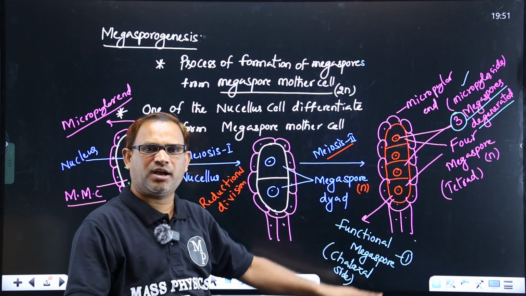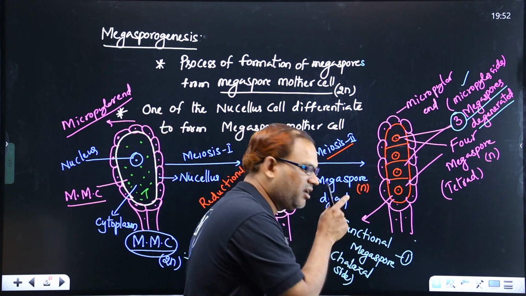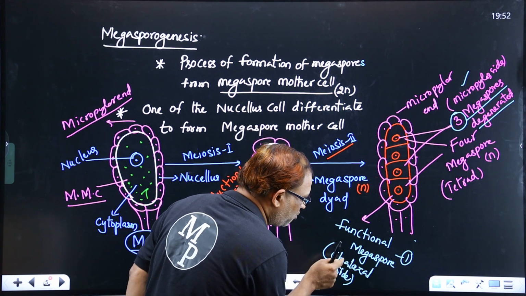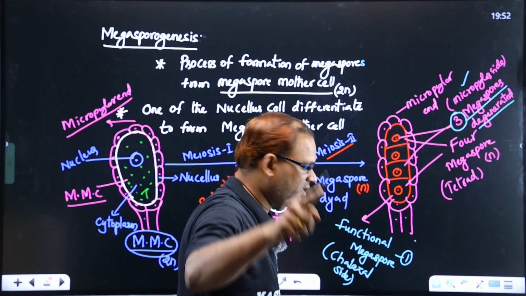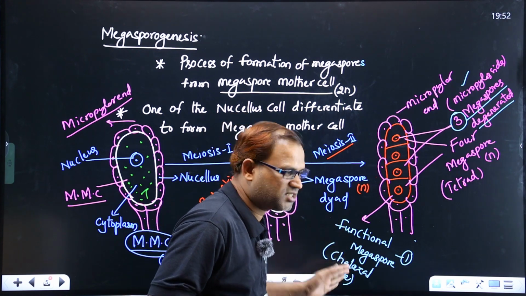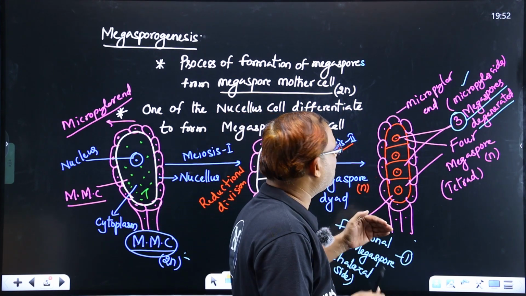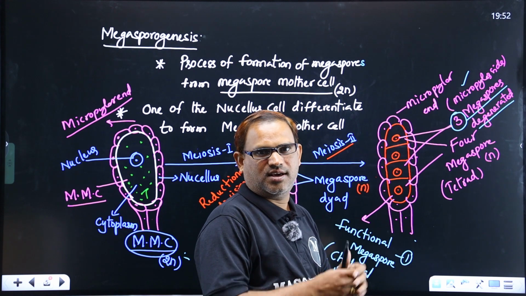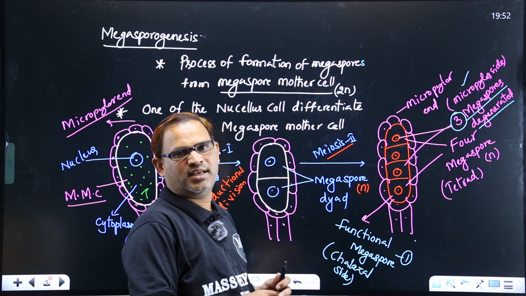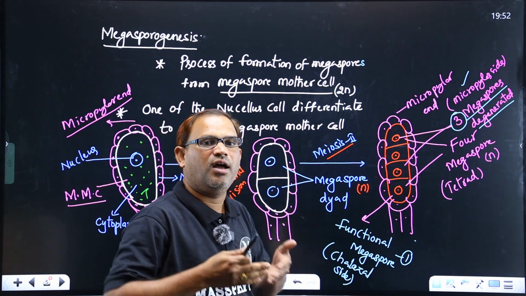How many functional megaspores are there? There is only one functional megaspore. This functional megaspore is located towards which side? That is the chalazal side. Okay? Now the functional megaspore undergoes development to form a